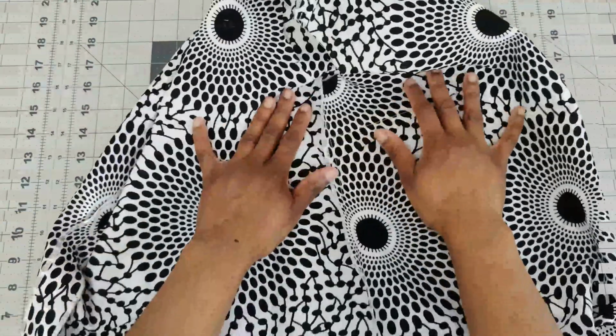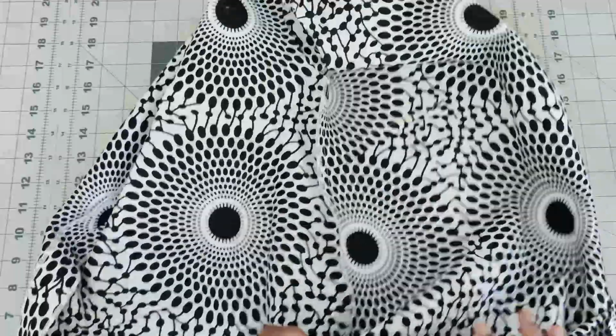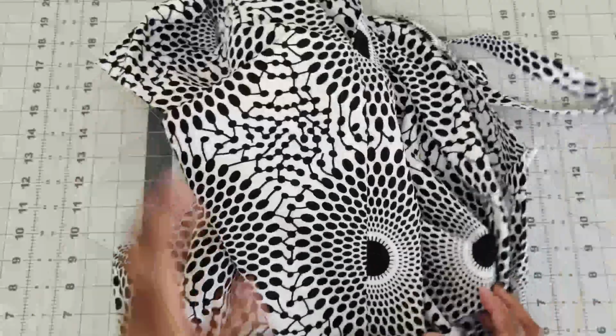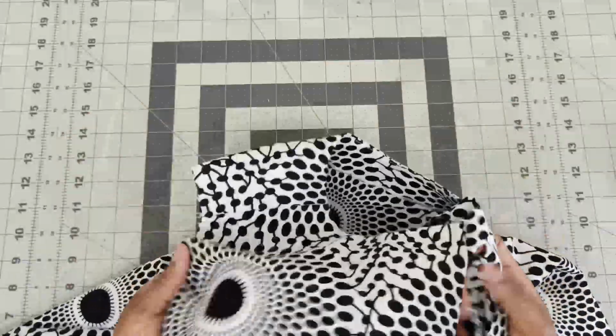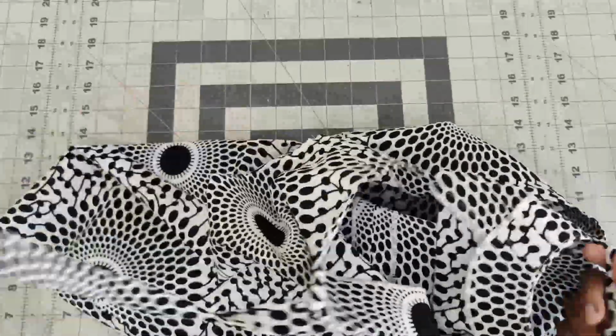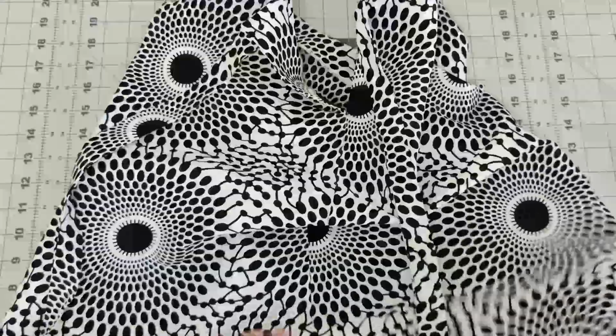All right, so now that I went ahead and sewn my side seams and I went ahead and finished off my side seams, I'm going to turn it right side out. Now here's a good time for you to try your top on to make sure it fits. If not, you can make those adjustments if you need to. I already tried mine on, mine fit, but I haven't made so many tops, so...